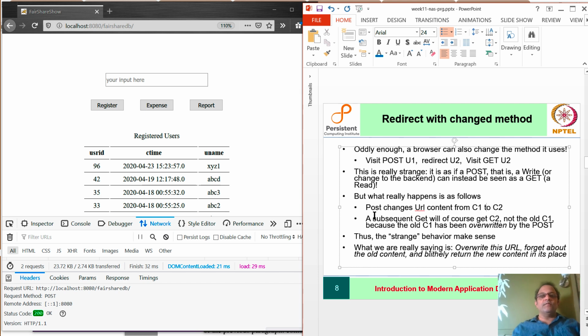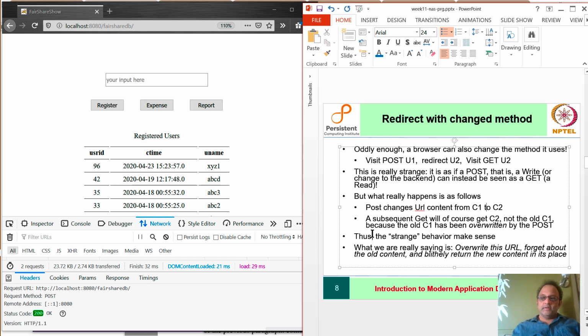You can in fact send a subsequent GET, and the only content you could receive is C2, because after all this is a database, and if you said you change a particular record, then it goes ahead and changes it. So once you have inserted XYZ1, that's it. Whether it is retrieved by a GET or by some other means like a post, etc., should not matter.